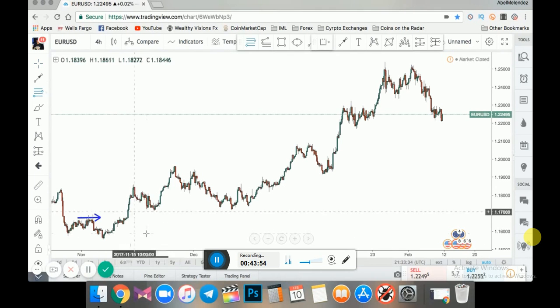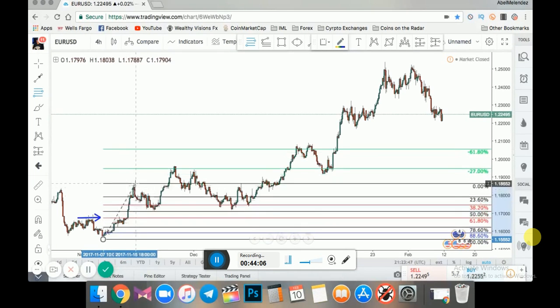And then when that happens, personally, how I trade Fibonacci, because there are a few different ways to trade it out there, people do it completely different. I'm showing you guys the way that works for me. I do it from low to high, the low to the high, and now all I'm doing is measuring this retracement. These levels over here